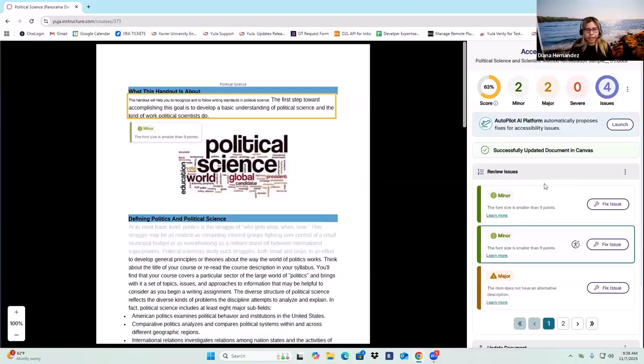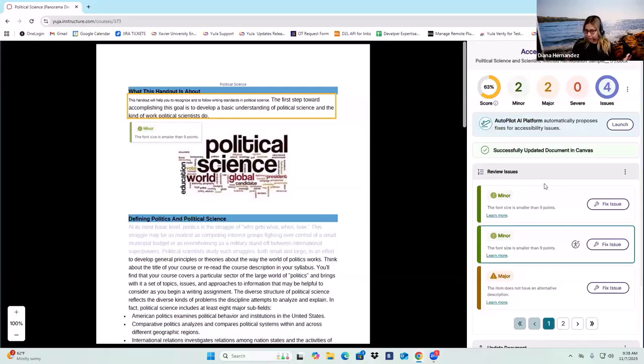However, Panorama does have what we call remediation engines, and these allow you to fix issues within the report itself. So you don't have to go back, look for the original document, pull it up, make the changes, save, re-upload it back in here, and so forth.